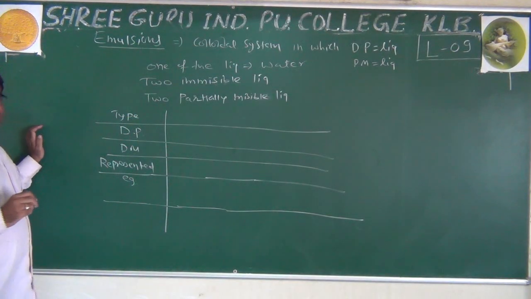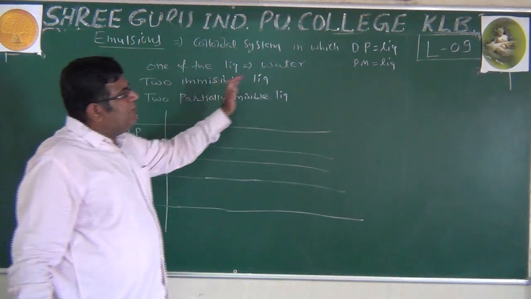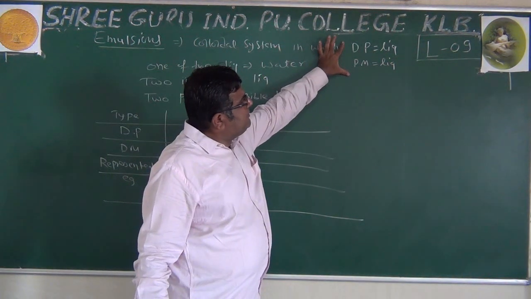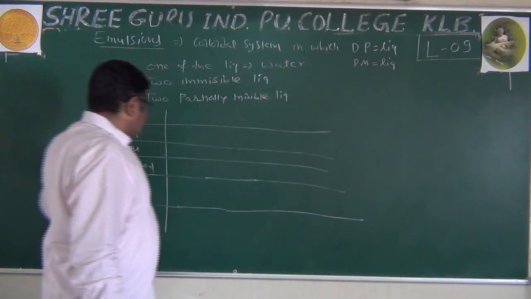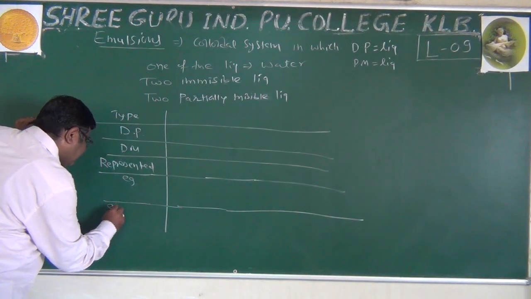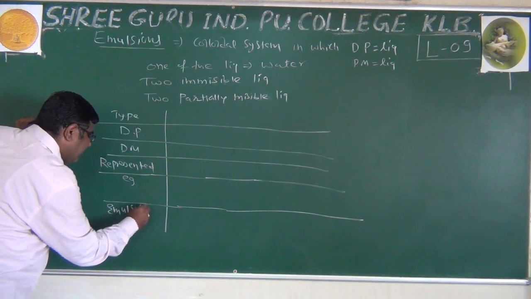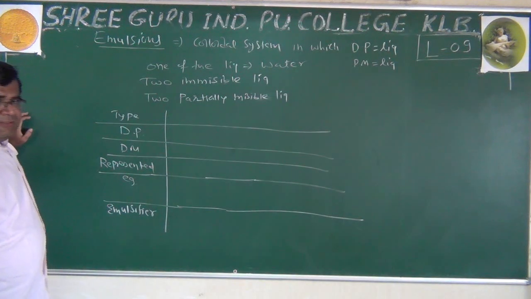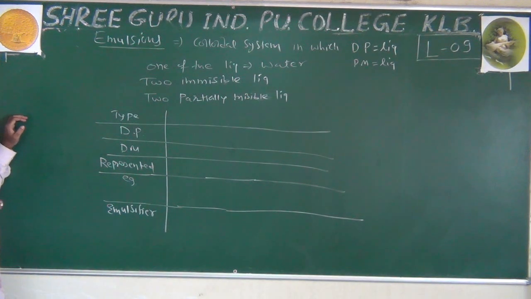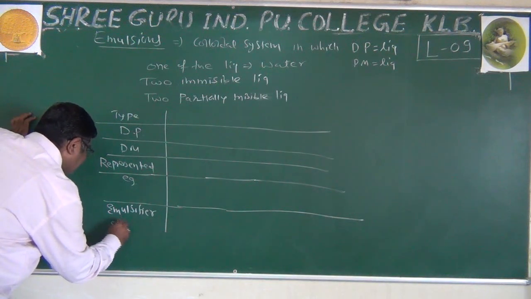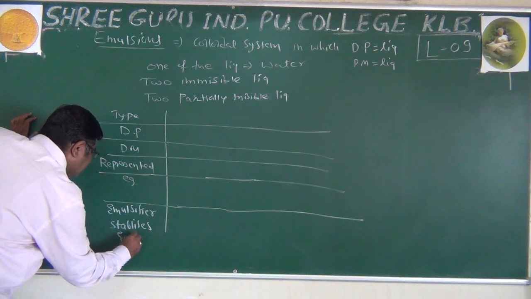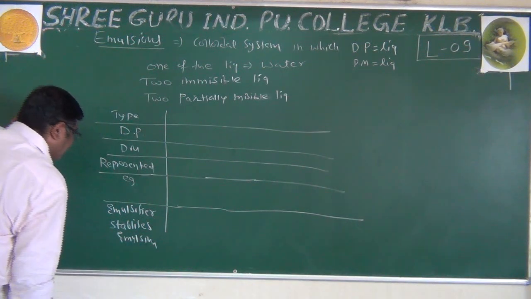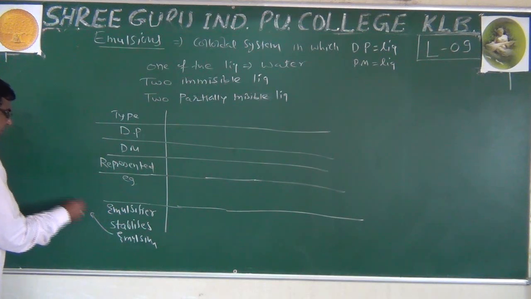In every emulsion, as an emulsion is unstable, meaning there is a possibility that the dispersed phase and dispersion medium separate and a suspension is formed, we have to add the emulsifier, which is also called the substance which stabilizes the emulsion. What is the role of this? It stabilizes the emulsion. And how does it stabilize the emulsion?